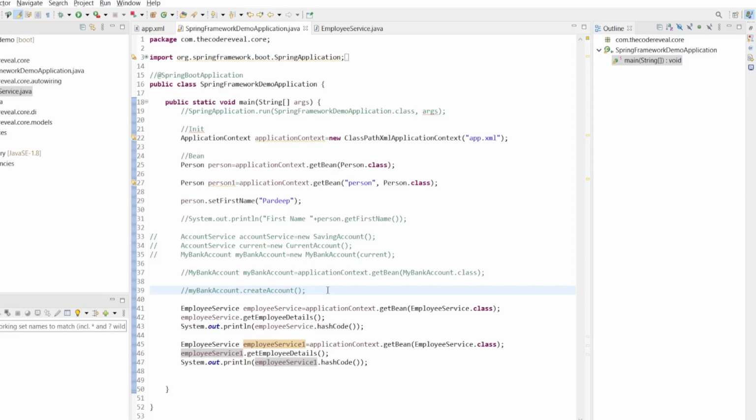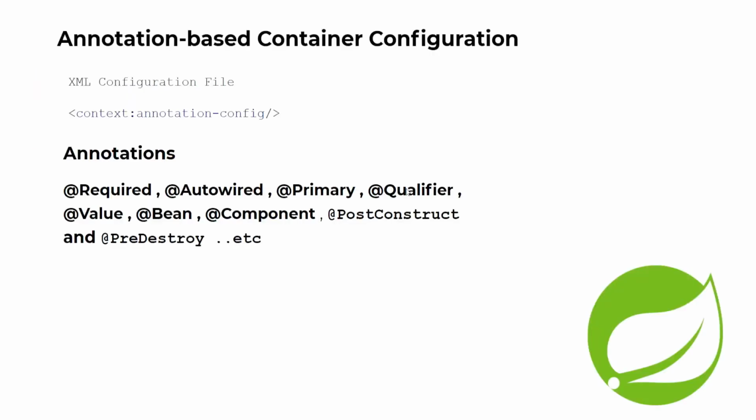Now we'll discuss the next, annotation based container configuration and the Java based container configuration. Next we are going to start annotation based container configuration. In the XML based container configuration, we have seen how we have created beans. In the bean we have defined the dependencies. We have given bean definitions.